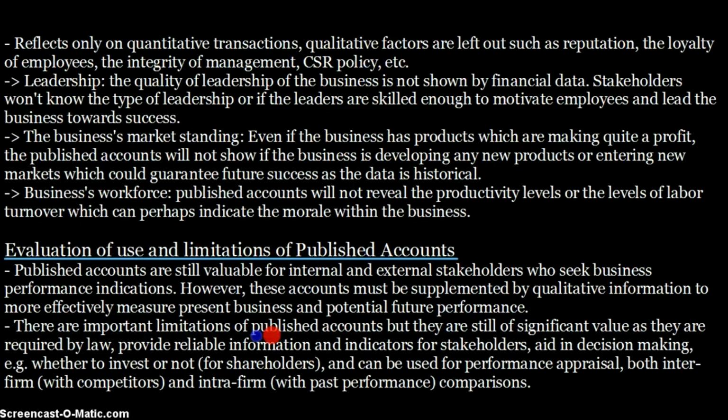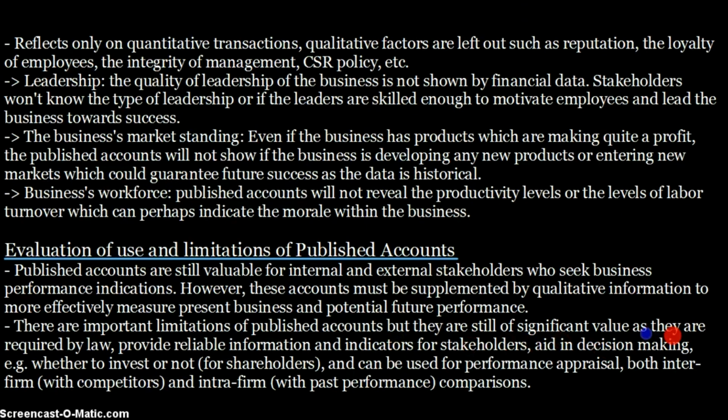For that, I've written down this point over here, that published accounts are still valuable for internal and external stakeholders who seek business performance indications. However, these accounts must be supplemented by qualitative information to more effectively measure present business and potential future performance. So of course they are still valuable, but they need to be supplemented with some qualitative data to make better use of that data. There are important limitations of published accounts, which we have already discussed, but they are still of